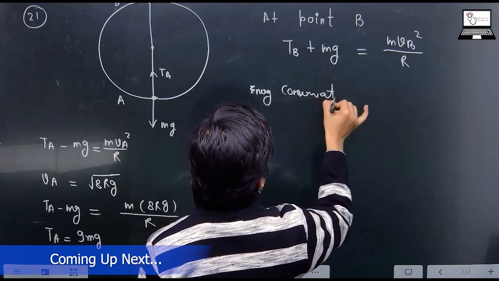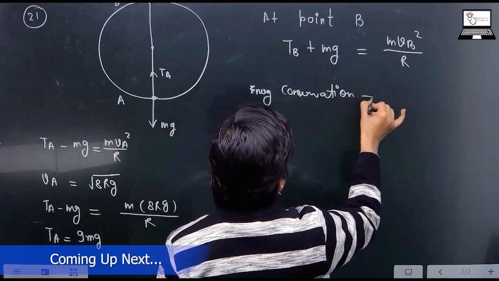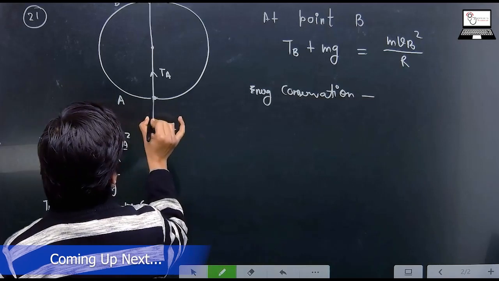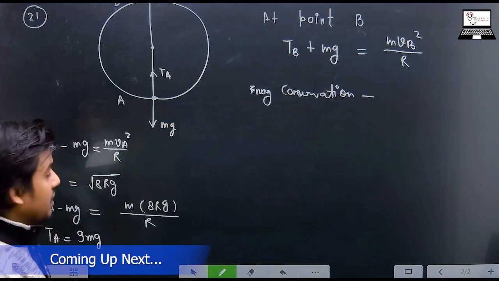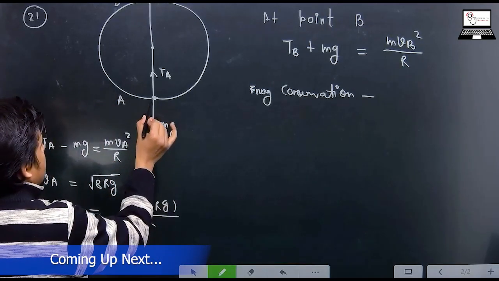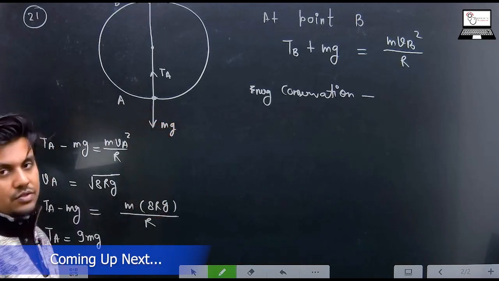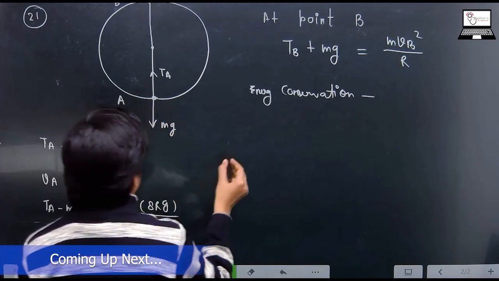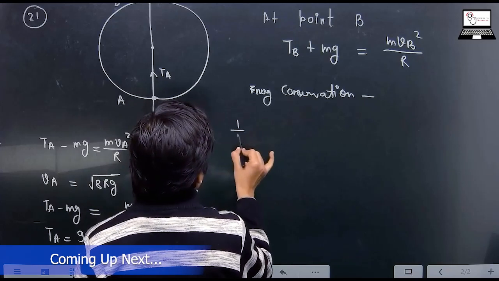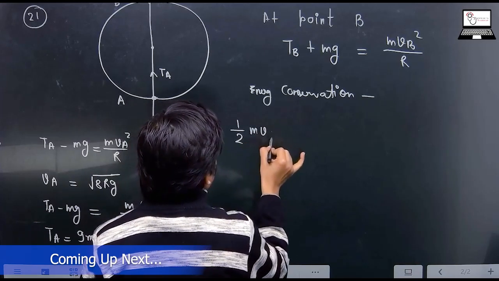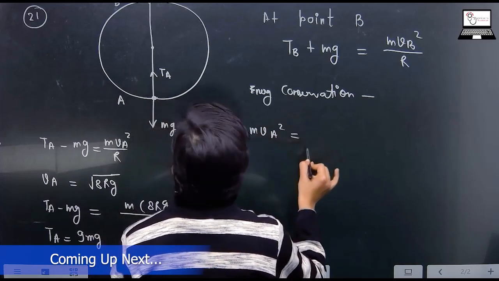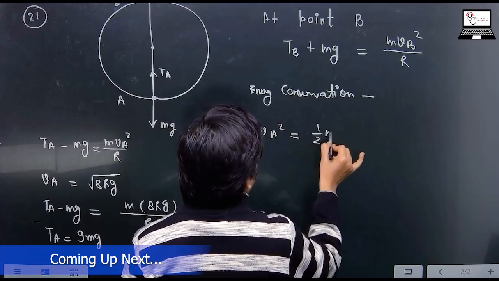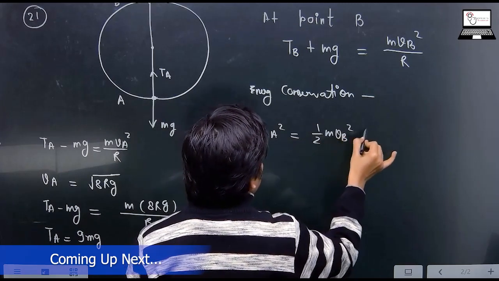From energy conservation, I can write kinetic energy plus potential energy at point A. Taking the reference point, potential energy is 0 here. So I can write that 1/2 m vA² is equal to 1/2 m vB² plus